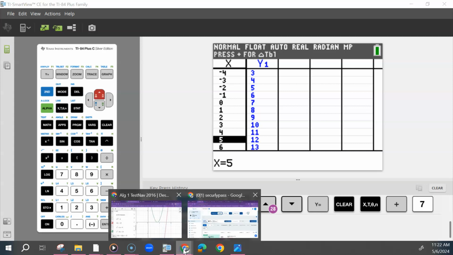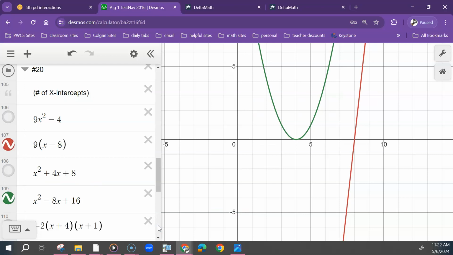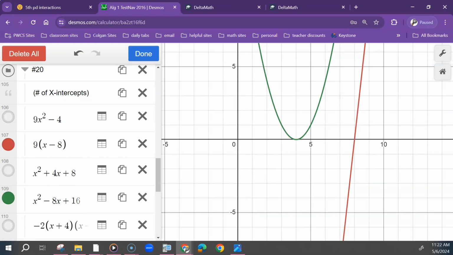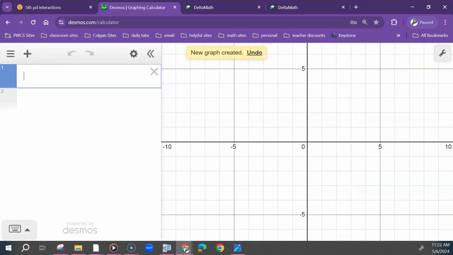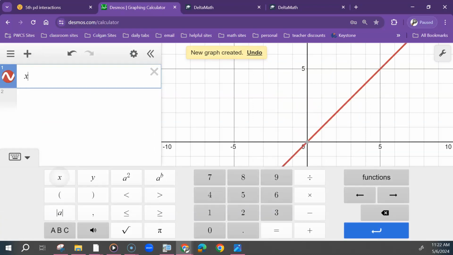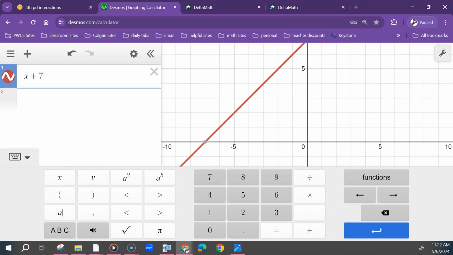Same thing in Desmos. Are we going to have this calculator? You're going to have Desmos. Well, that means you will have Desmos, and that's what we